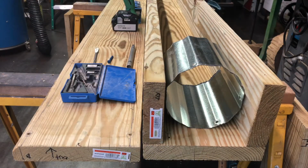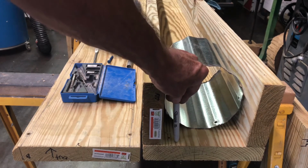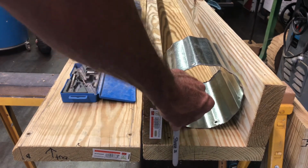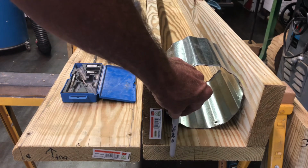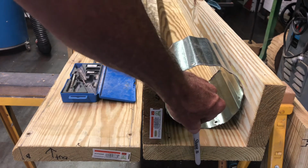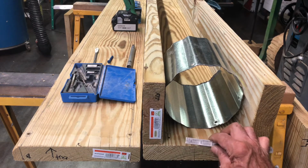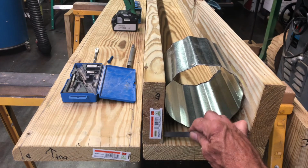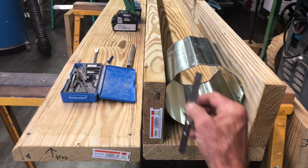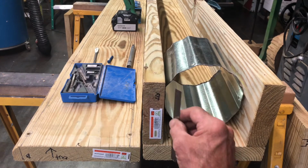Okay, I went back outside and I double checked to see where is the best place to put my anchors that are going to go through the inside of this box and attach to the brick that will be behind it. So I need to stay as close to this edge as possible, because the wall only comes to about the center of this. So if this is my wall, the deeper I go into that wall, the more strength that fastener will have. But I can't come too far up against this edge, because I have to have enough room to be able to drill for my counterbore and to drive that fastener through